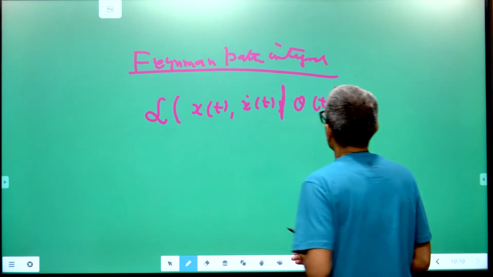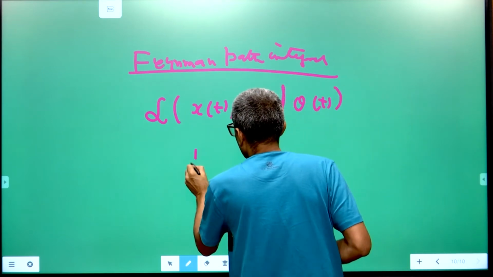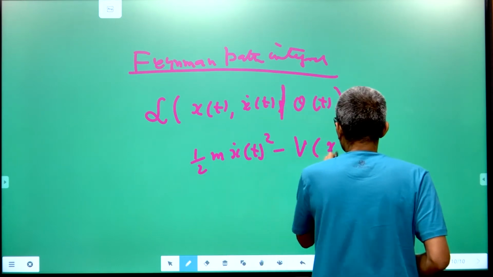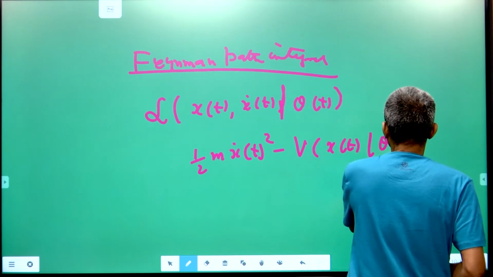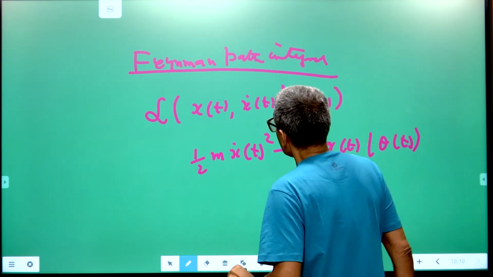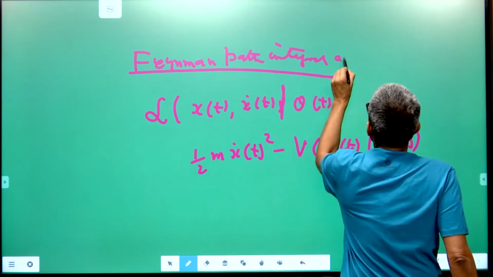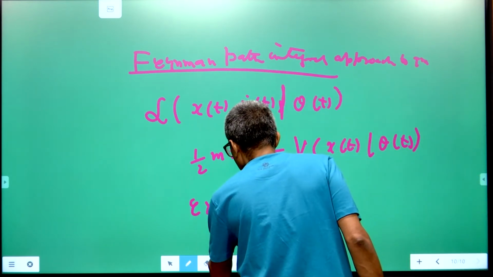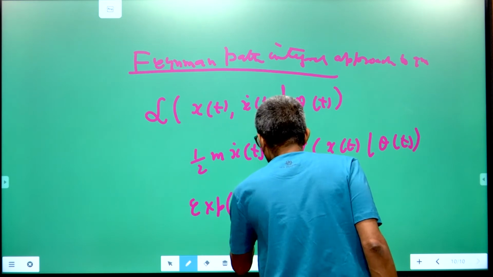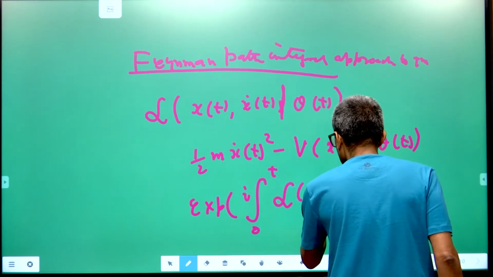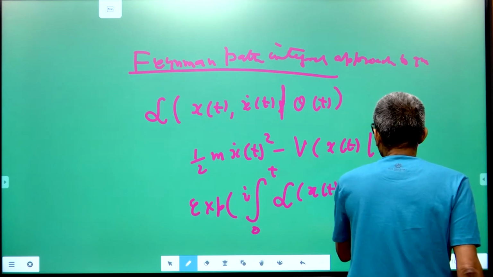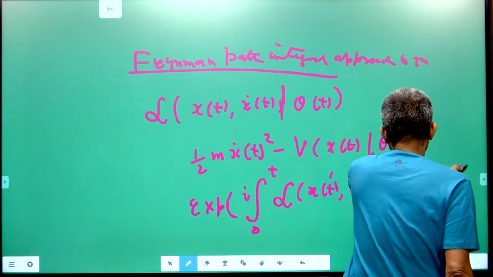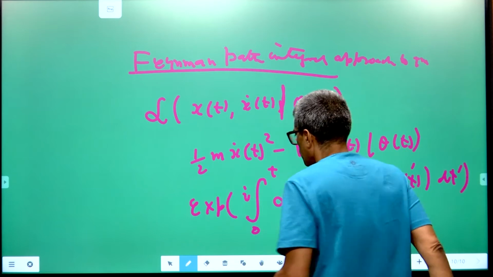So if it is the case of a classical particle, then you can write the Lagrangian as the kinetic energy minus the potential energy given theta t, where you make the potential dependent on theta t. Then it is known from the approach to quantum mechanics that if you compute the exponential of i times the action functional, namely the integral from 0 to t of L of x t dash, x dot t dash given theta t dash, dt dash,